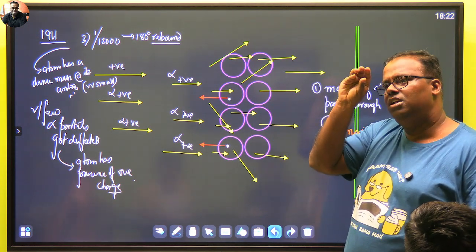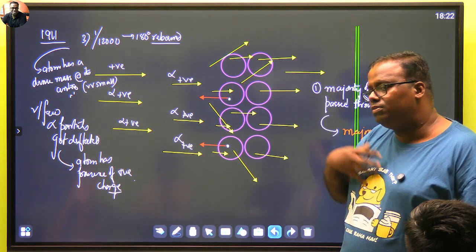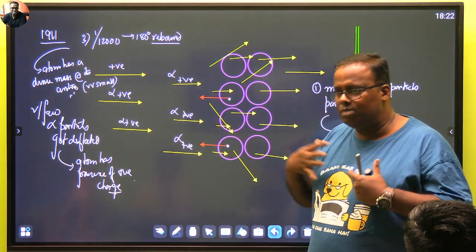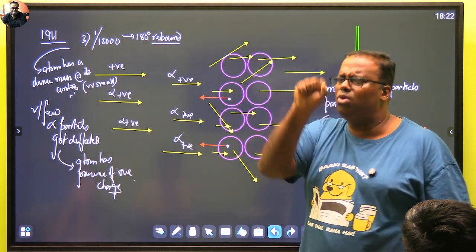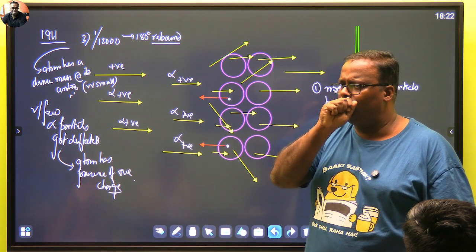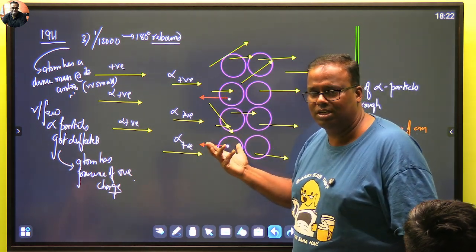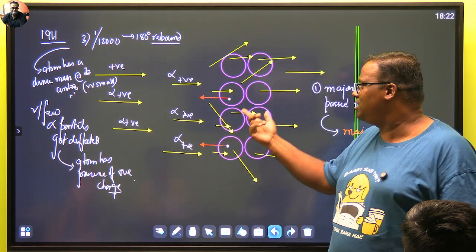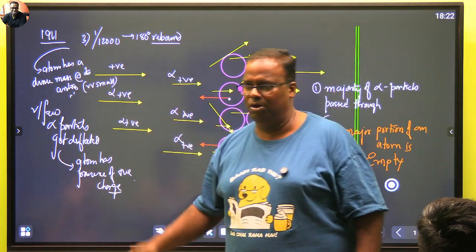central part, which is a very dense part, and all the mass of the atom is said to be concentrated there itself. अगर atom का कोई mass है, तो वो वहीं पे है. And it is so condensed and very small. Why very small? Because otherwise many of the rays should have gone and struck it. Only few gone and struck. वो अभागा rays जो इसके साथ लगा, there are very few, and they had a 180 rebound.